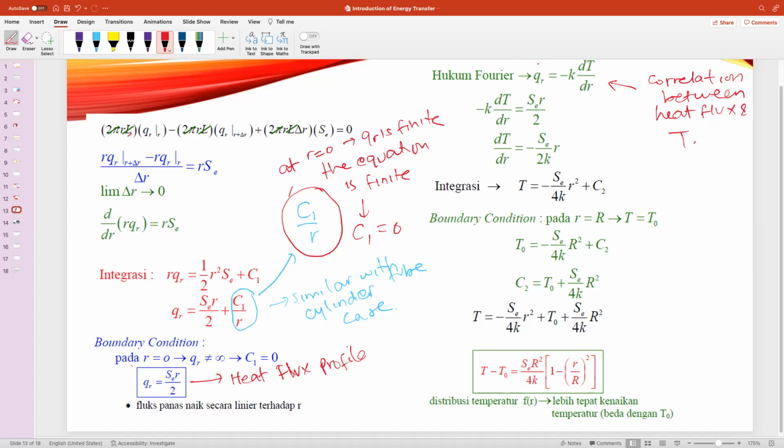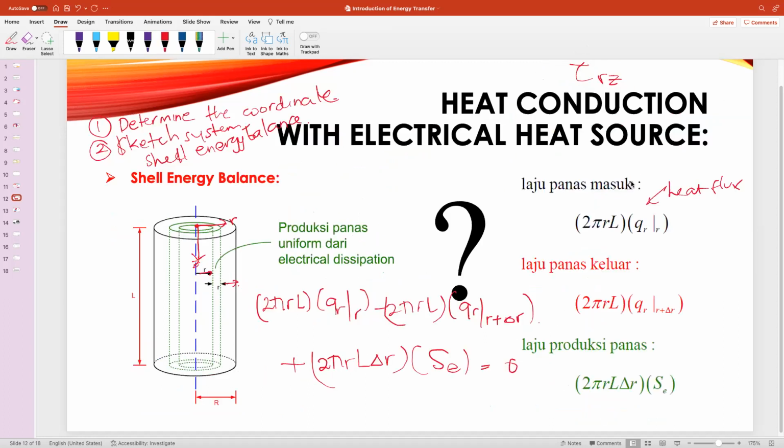Then you should say QR, Q to the radius outside, minus K dT over dr. Then you can substitute minus K dT over dr into this equation, and then you get the integration. Then you have the C2 over here,